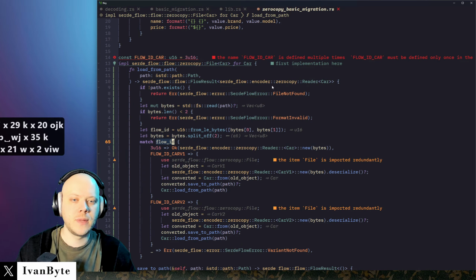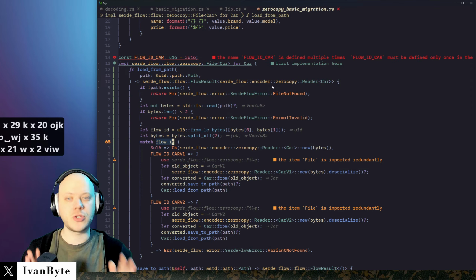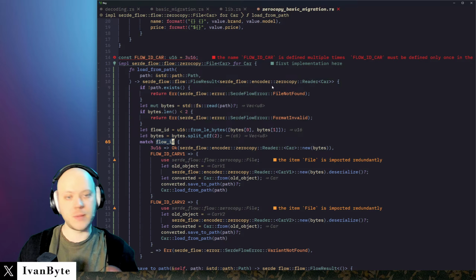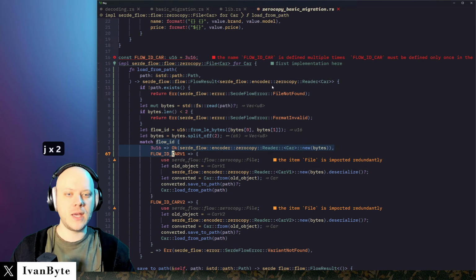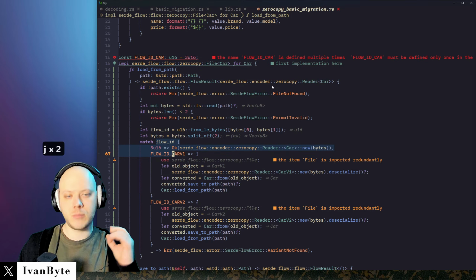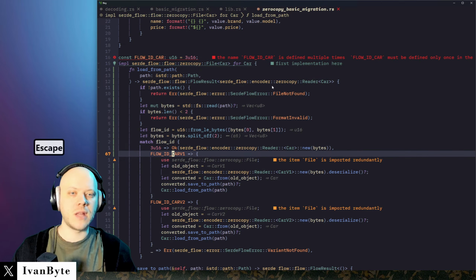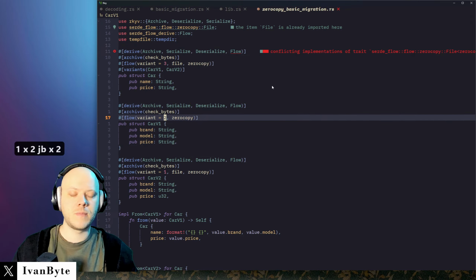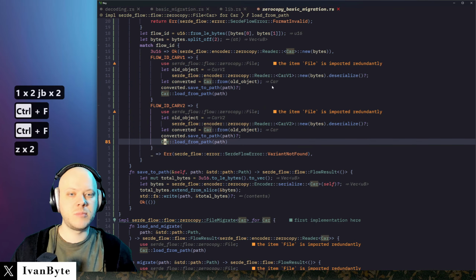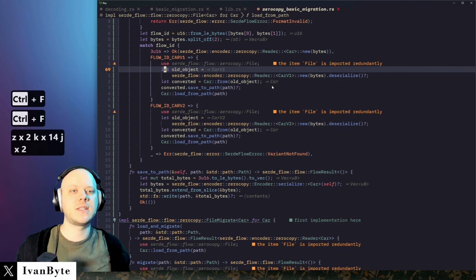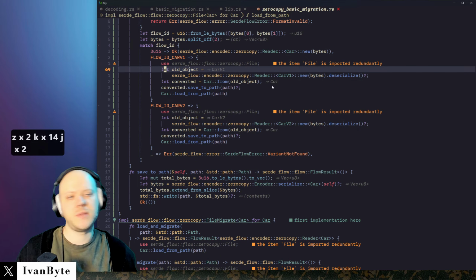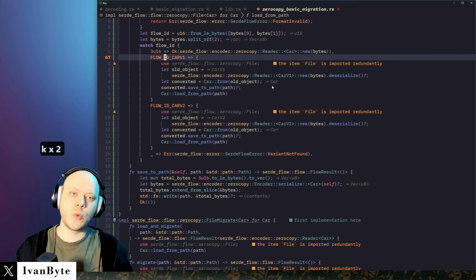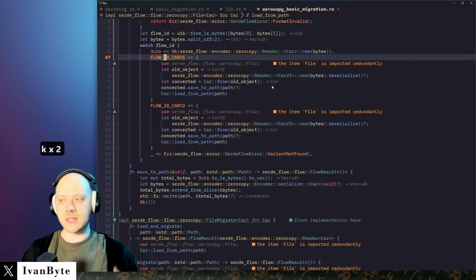We have flow ID, then we use the match, the pattern matching. It should be really fast. That's what I'm expecting from it, because the match is really fast, especially on the numbers. And this is a constant. Flow ID car value 1, it's a constant, and the number of this constant came from this number. So it's purely numeric. And what happens next? This especially happens only for zero copy, because if it's the flow ID car value 1 and it's recognized that it's a different format,